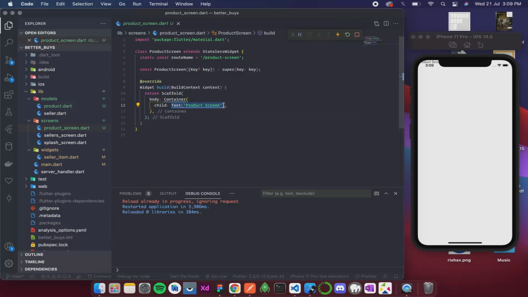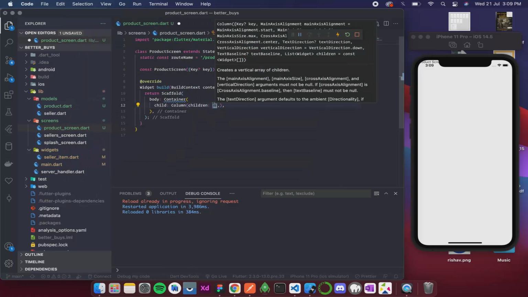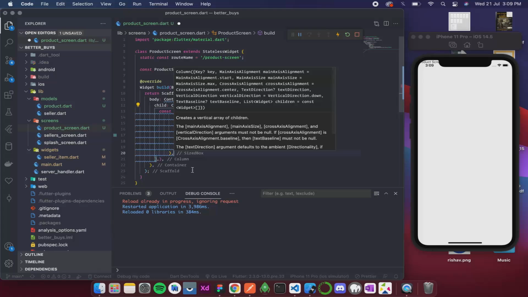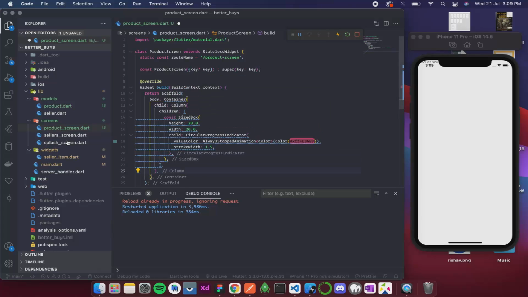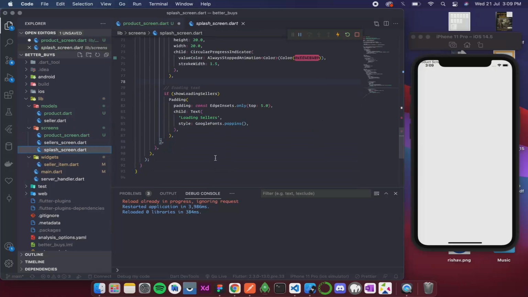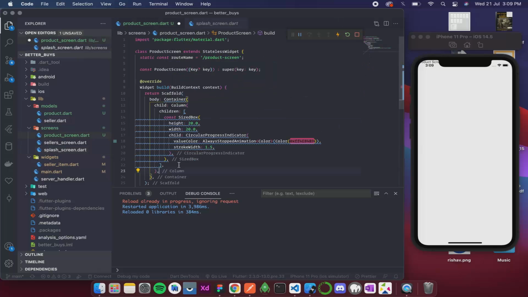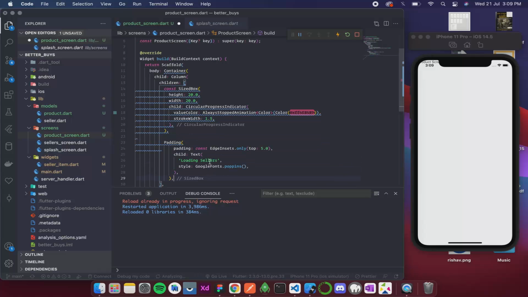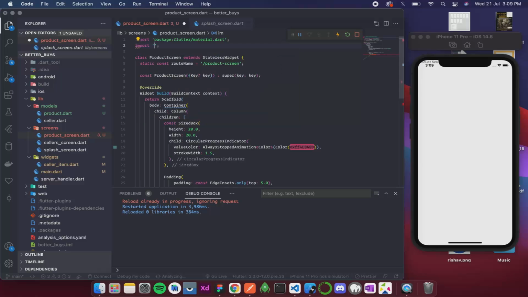Over here, instead it is gonna be a column with children, so the first child is gonna be a sized box. Okay, and the next one is gonna be loading sellers. Okay, so over here instead of sellers it is gonna be products, loading products, and we need to import Google font.